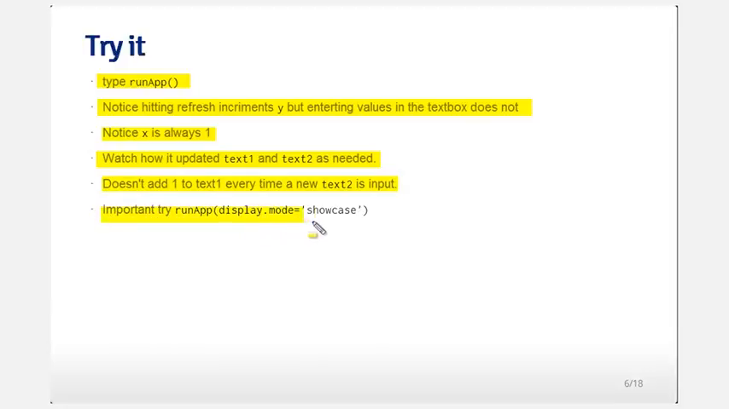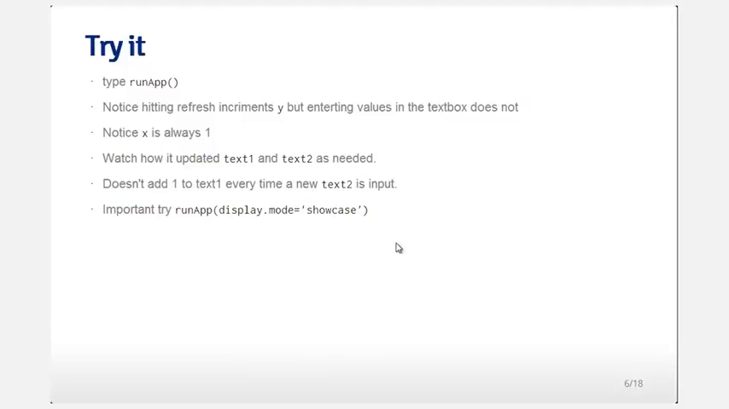Important to do this, I think, try run app and then display.mode equals showcase. That's very useful for seeing what Shiny is actually executing at the time that it's